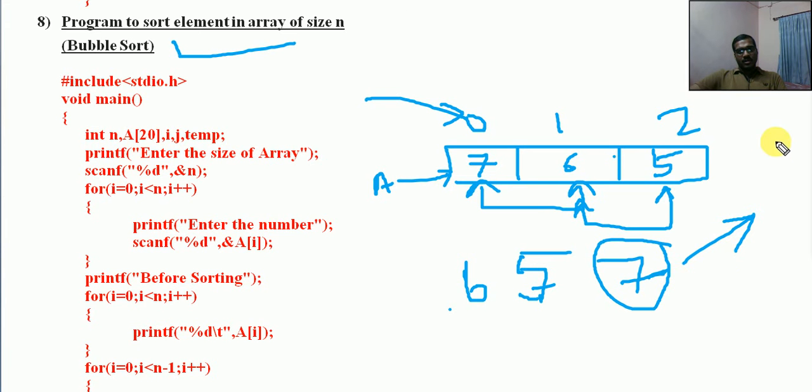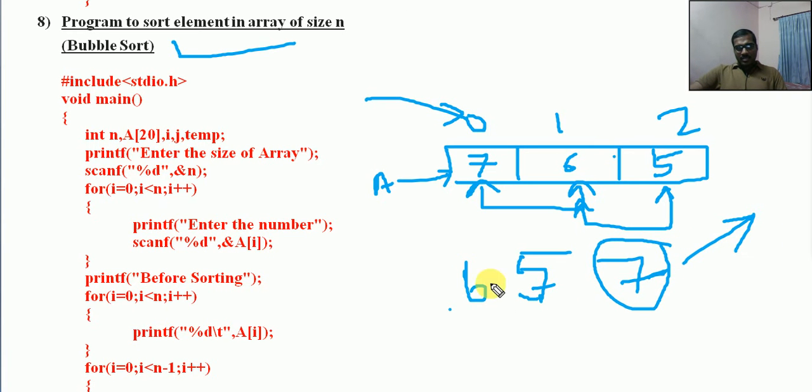So if you are having some 10 elements like this available, do all these operations, first and second one, then second and third one, then third and fourth one. Similarly, doing all these exchanges, swapping, the final value, so the biggest value will be shifted into the right hand side. Here we are forming a bubble, we are putting a bubble. That is why this sorting algorithm is called bubble sort. First iteration, we are getting one element being sorted. The largest element will be available at the right hand side.